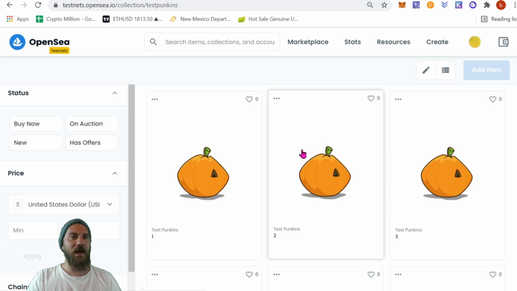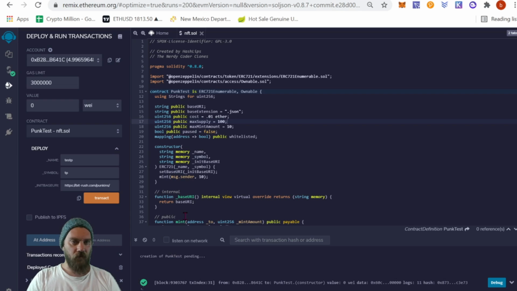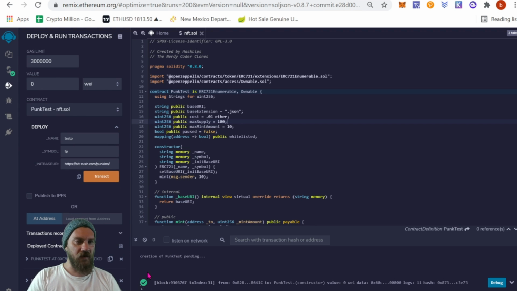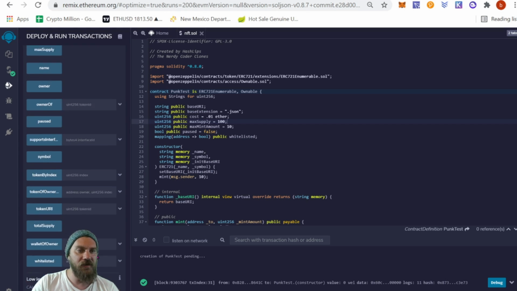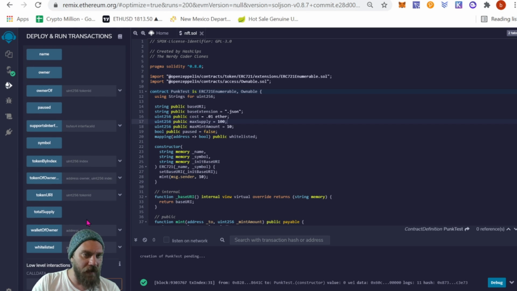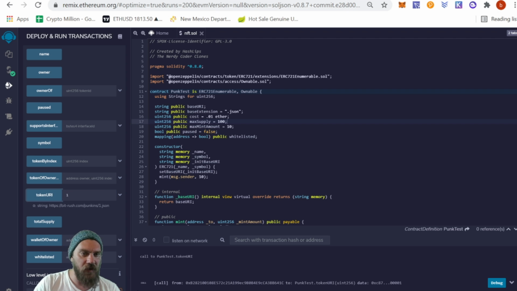So let's go back over to Remix. From here, again, we can find the contract that we just launched, click into it, and we can now control that contract. So let's check our base URI. So right here, let's do number 1, and let's just do token URI. bit-rush/pumpkins/1.json.